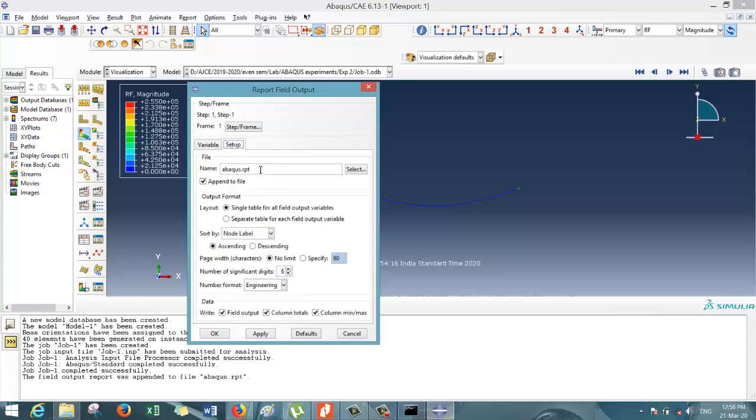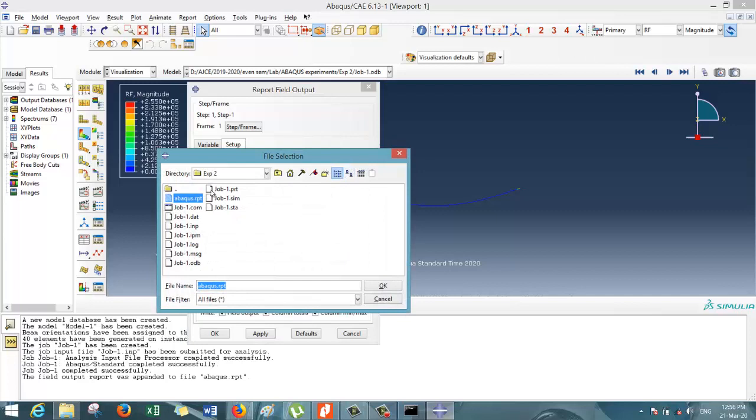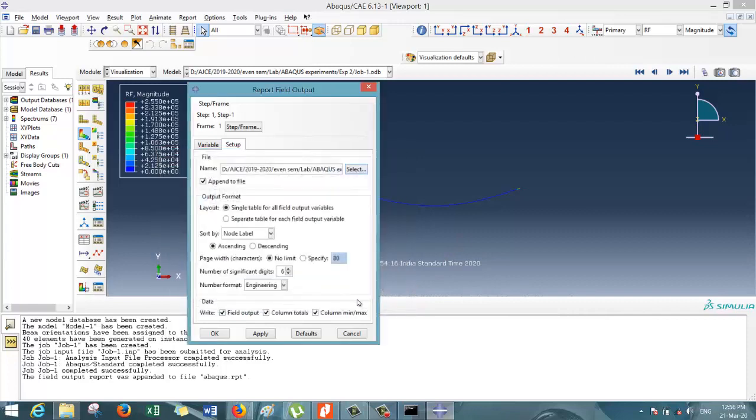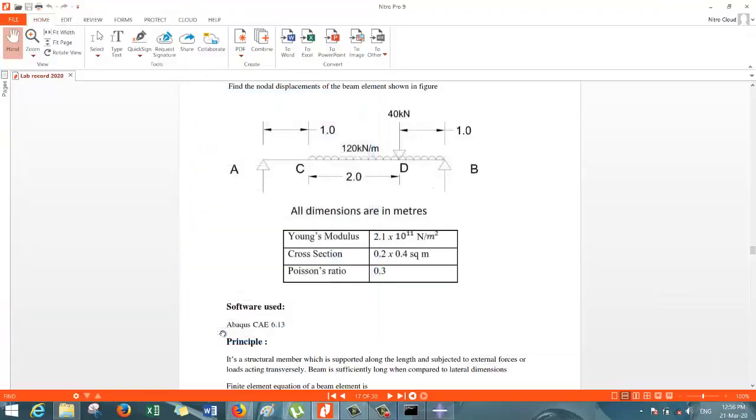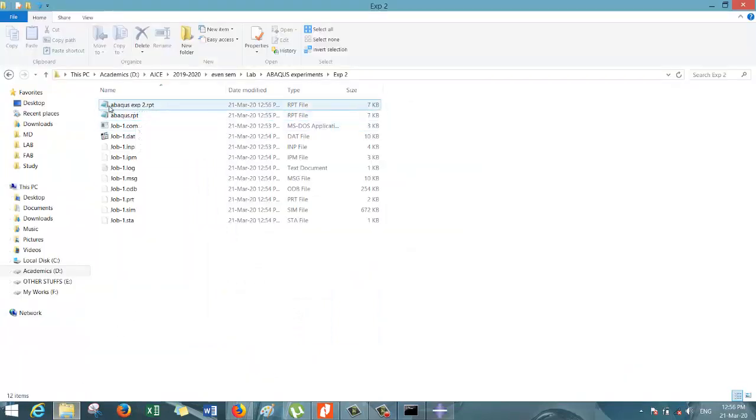Now in setup, where I need the report file, I have to specify it over here. So it is the experiment 2, which is my working directory. So in that, Abaqus experiment 2. So now click OK, then click OK. So now we can see that the Abaqus experiment 2 report file is there.